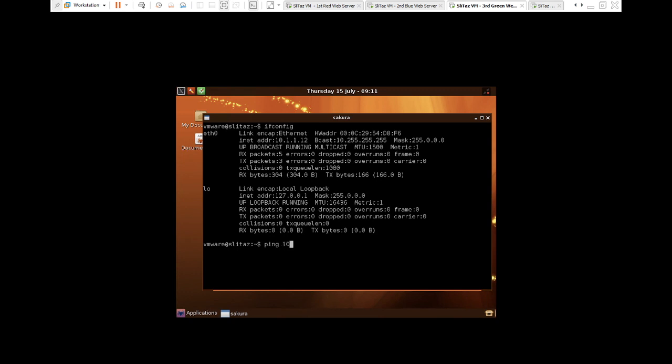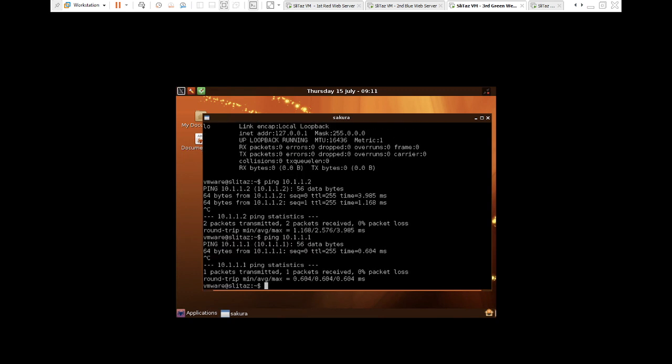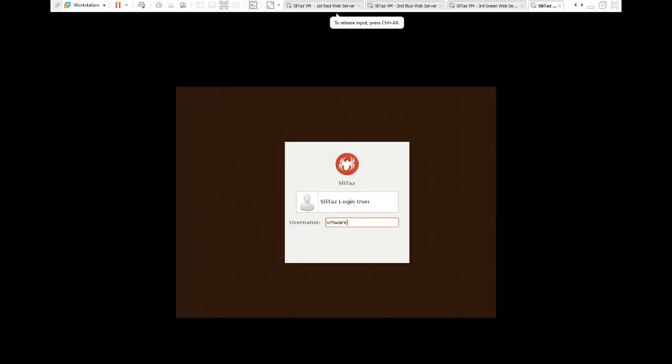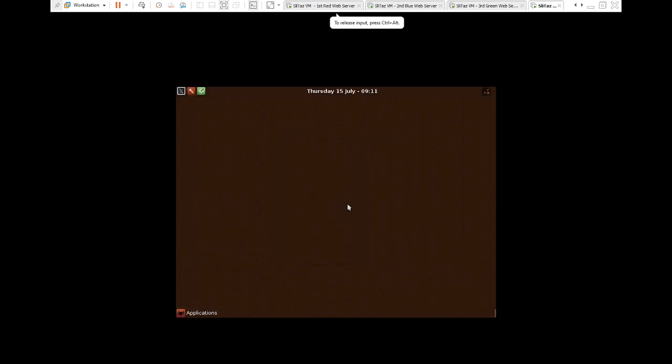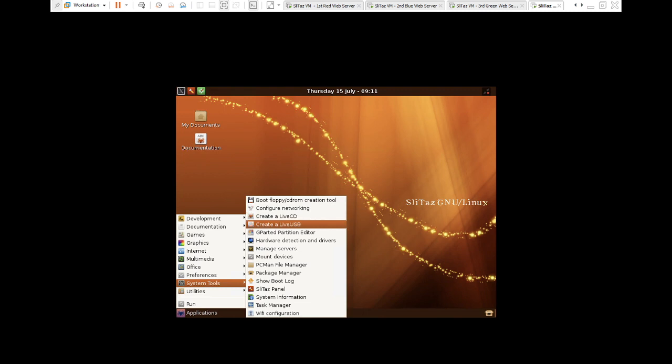Ping 10.1.1.2. Yes, it is reachable. 10.1.1.1. Yes, it is reachable. Maybe one server may not be responding. Let me see what the problem is on that later on. At least I have 3 servers now.